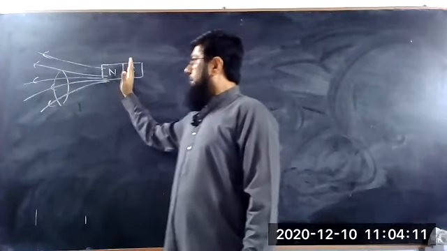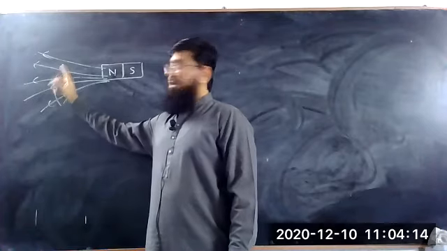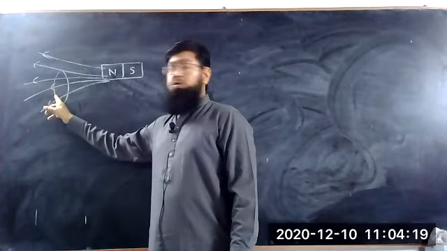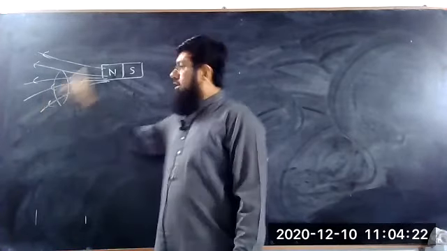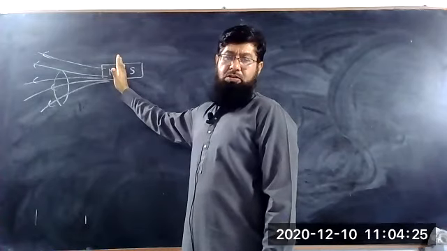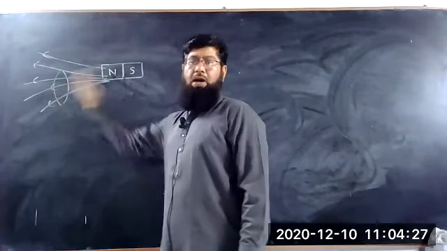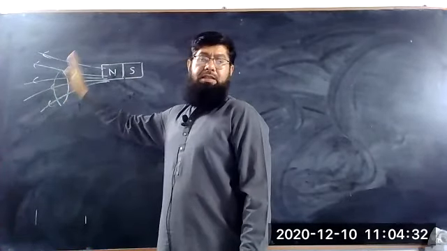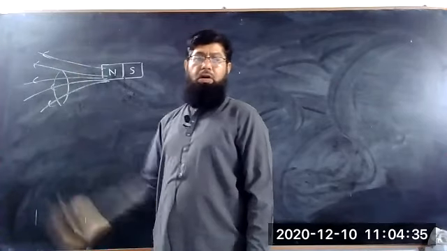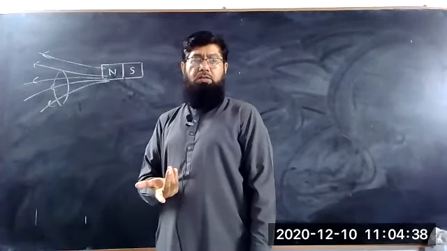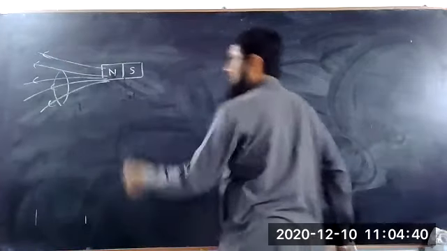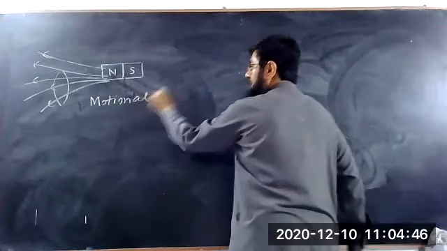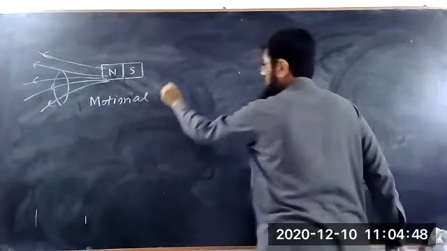Here, if we move the magnet, the flux passing through the coil will change with time, and it will produce EMF in the wire. Now if the magnet is at rest and the coil is moving towards the magnet, again the coil will feel the change in magnetic flux passing through it. This is due to the relative motion. So we call this EMF the motional EMF, meaning EMF produced due to the motion.